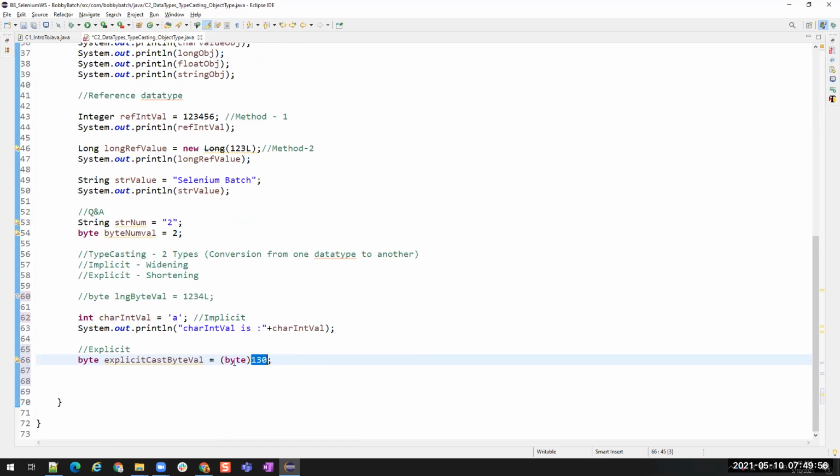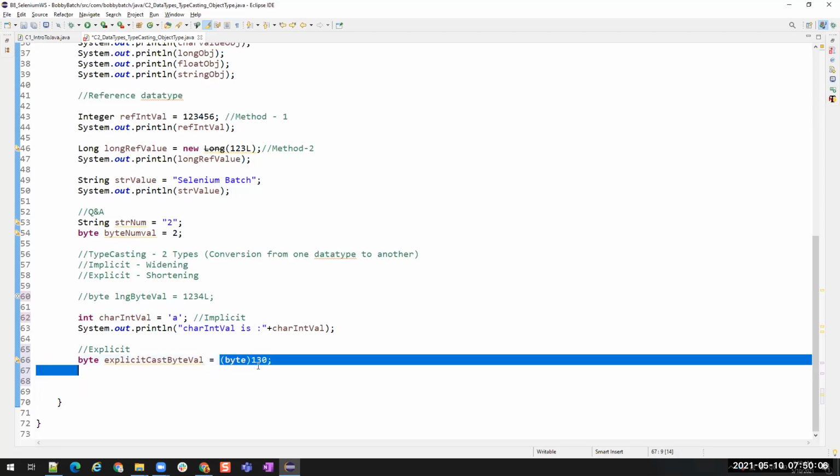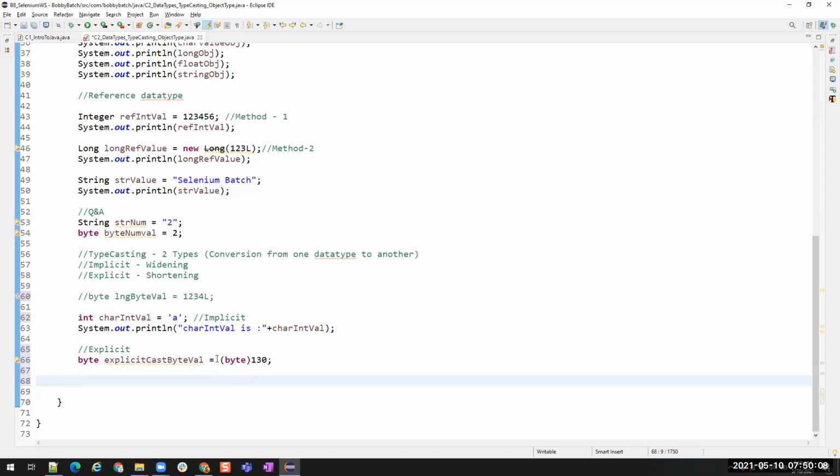So I want to convert this 130 into byte. I mention my type clearly within the braces. If you write like this, Java will understand that I have to convert this 130 into byte type. Once it is converted into byte type, it will be able to store inside this byte variable.